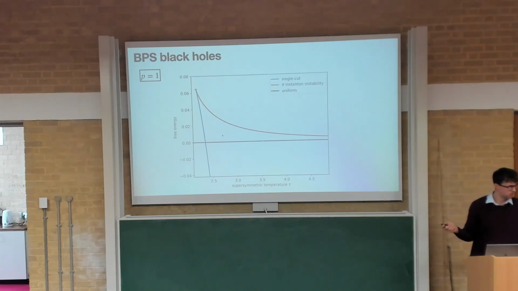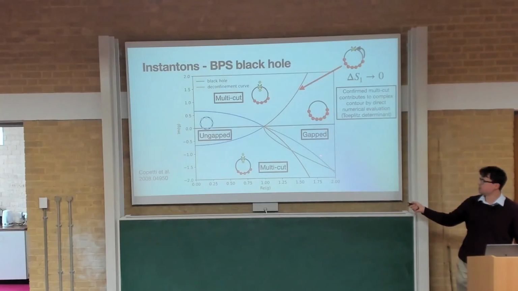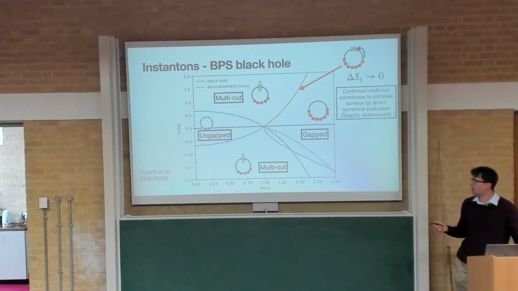So this picture is just from the matrix model, and they did this calculation using the index similar to my own, but they didn't look at the actual black hole saddles where you have to do the Legendre transformation and set the charge to be real. They were looking at deconfinement curves. So in that case, you don't see instanton condensation, but when you look at genuine black hole saddles, then you do see instanton condensation.